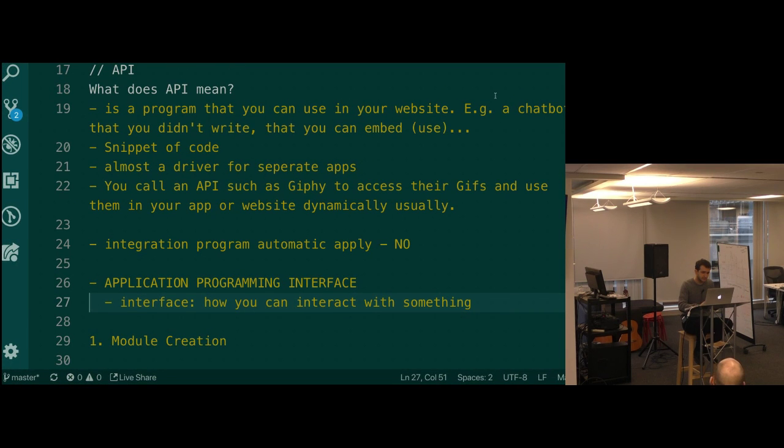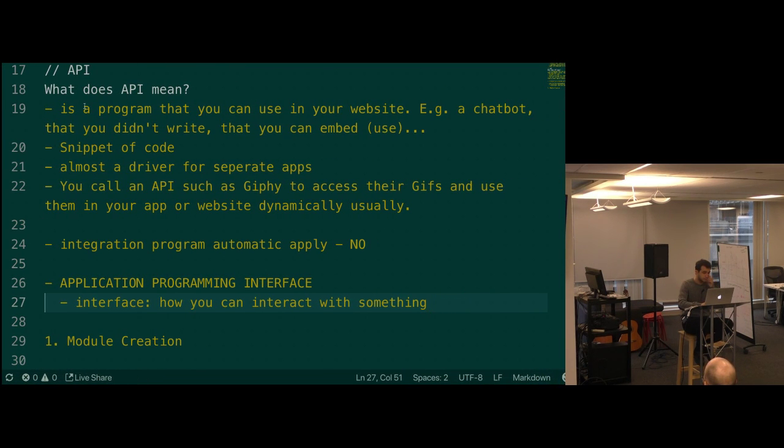Over here, if we start looking at some of the things that came out as examples, where maybe it's a program that we can use in our website. Well, that's a really good idea, because we might have a program that we didn't make, so maybe we don't really know how it works on the inside, right? But whoever made that program gave us a list of things that we can do with it, a list of instructions that we can give it, or methods for using it as we embed it into our website. Maybe it's a chatbot, right?